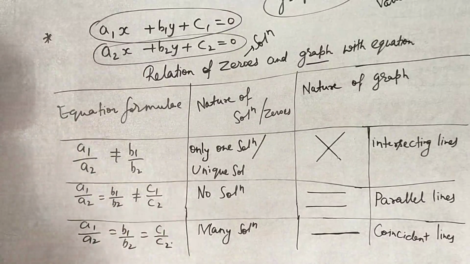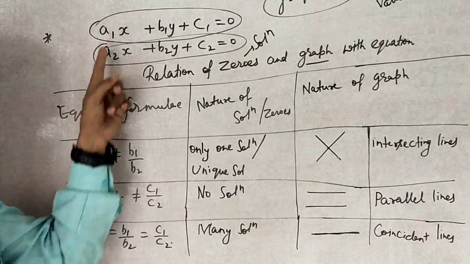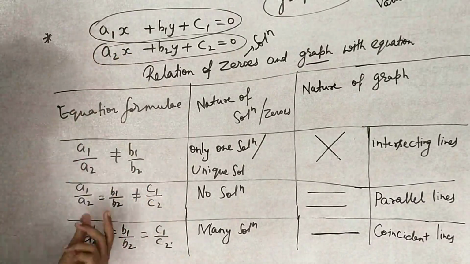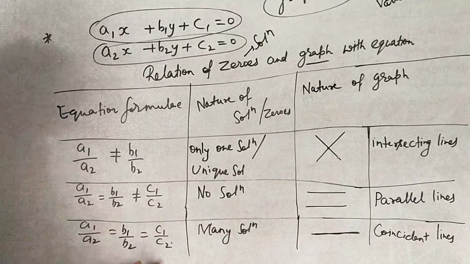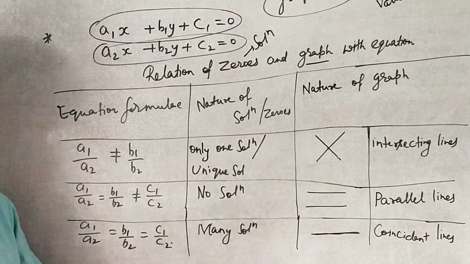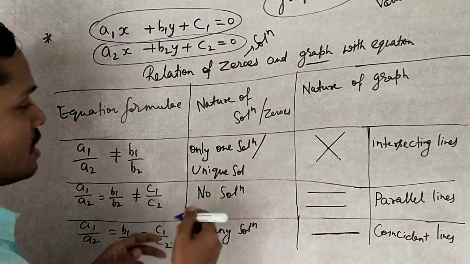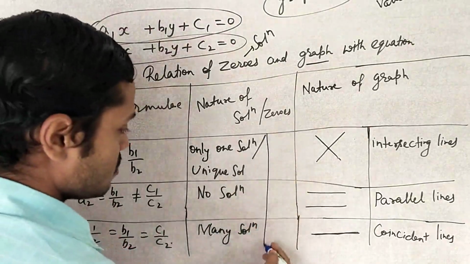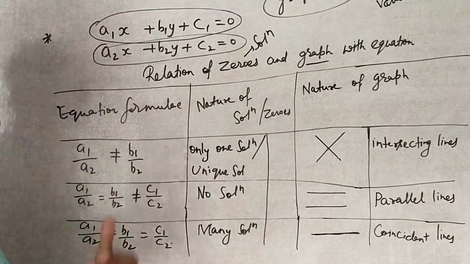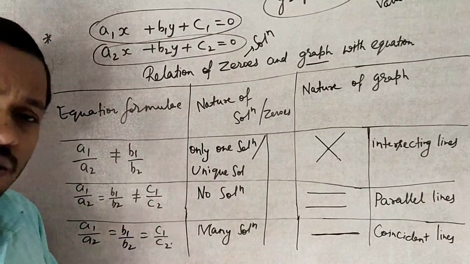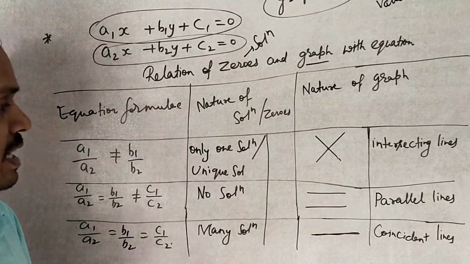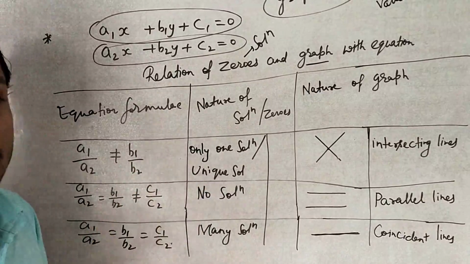Look at that, very easy. Two ratios are not equal. Two ratios are equal but not equal to the third ratio. And all of the ratios are equal. So these are called many solutions. But just think about that, there is one relation between both of these. The questions are asking different types of information related to this, so we only have to focus on which type of information is being asked.